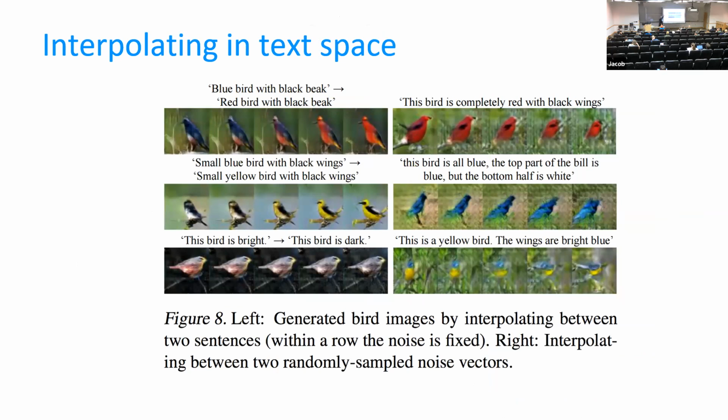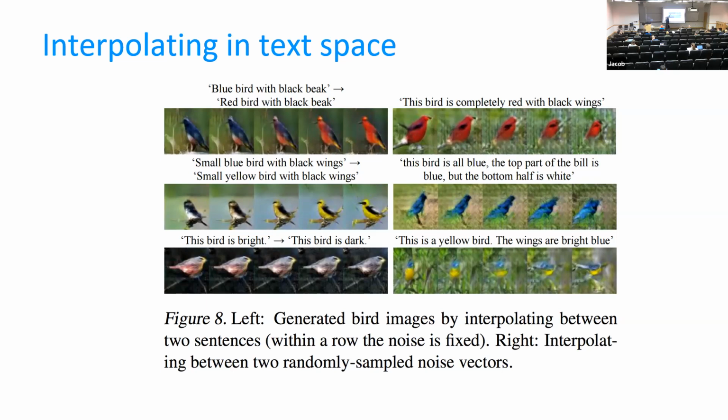On the left hand side is bluebird with black beak, and on the right hand side is red bird with black beak. So V1 on the left and V2 on the right, and then the images in between are